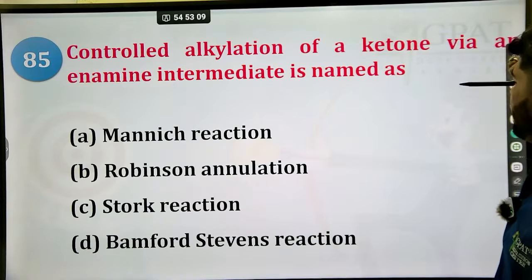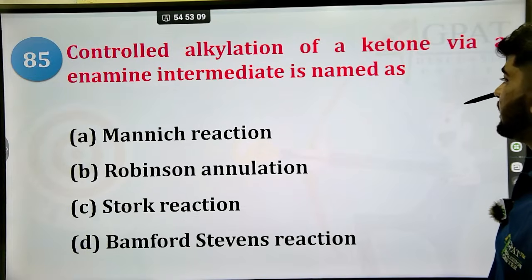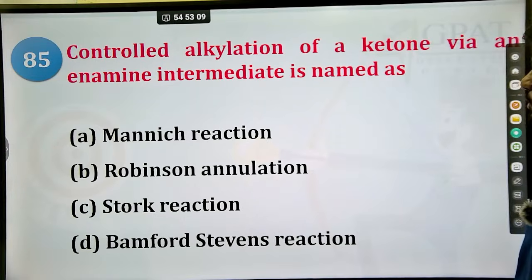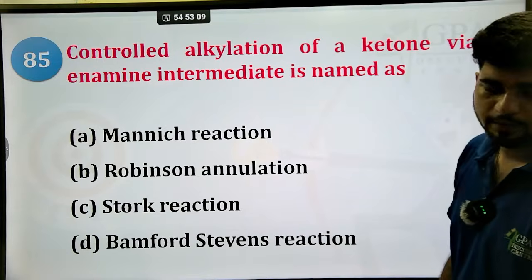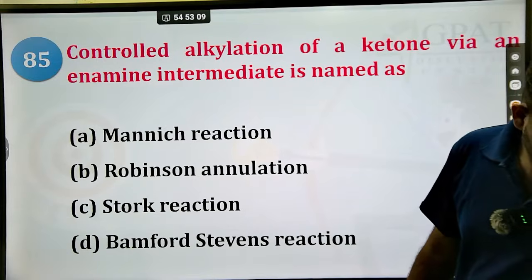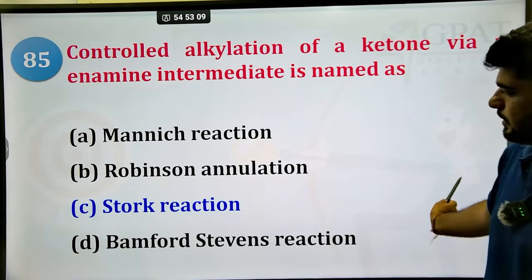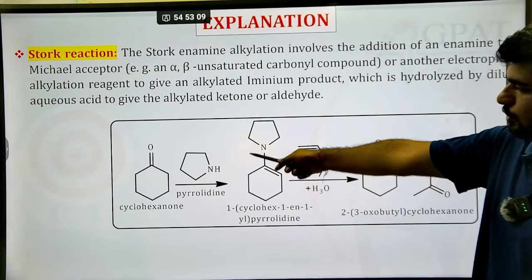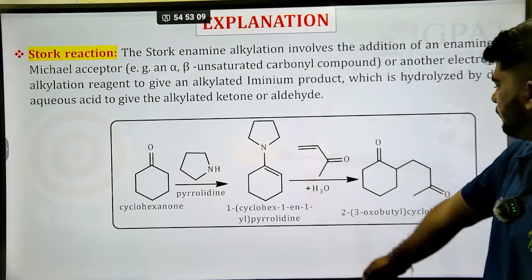Now, controlled alkylation of a ketone via an enamine intermediate is named as what, guys? Enamine Mannich reaction, Robinson annulation, Stork reaction, or Bamford-Stevens reaction. What's that? That is your Stork reaction over here. Here you can see cyclohexanone is going to react with pyrrolidine, and then this compound will be formed, and after that,